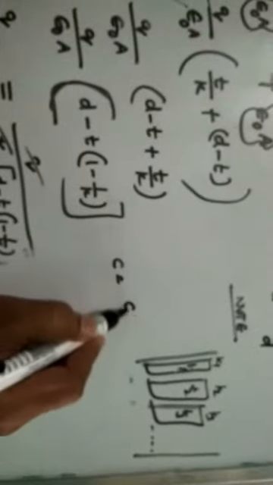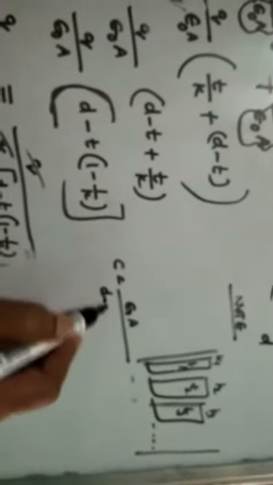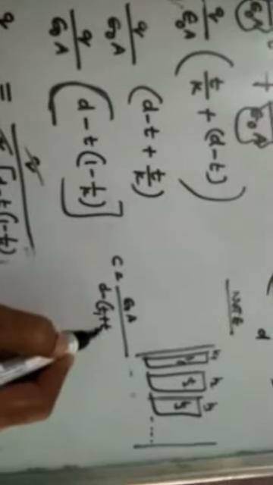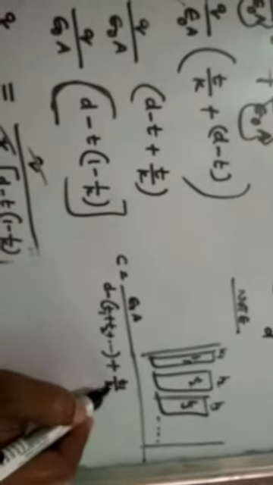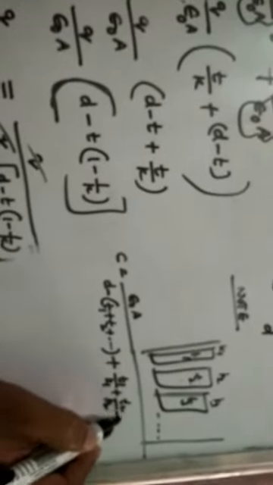Are you getting my point? Check it carefully. Once again: C is equal to epsilon naught A by D minus, where T means the total thickness, T1 plus T2 plus T3 and so on, plus T1 by K1, plus T2 by K2, plus and so on. So this is the total capacitance value. You have to understand this. I have written the note point in the notebook, check it carefully. Okay. Now we will see some numerical applications on the basis of this formula.